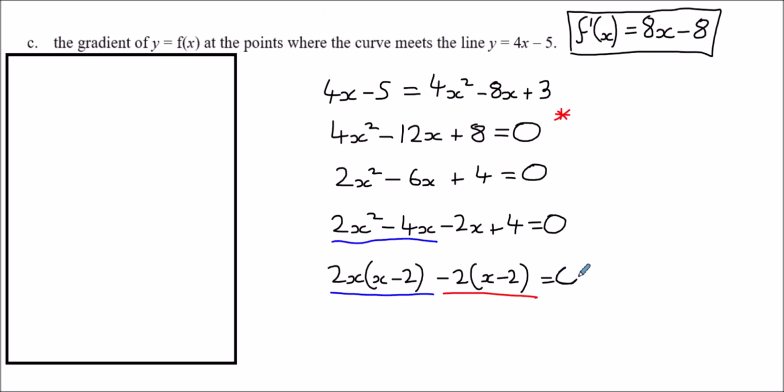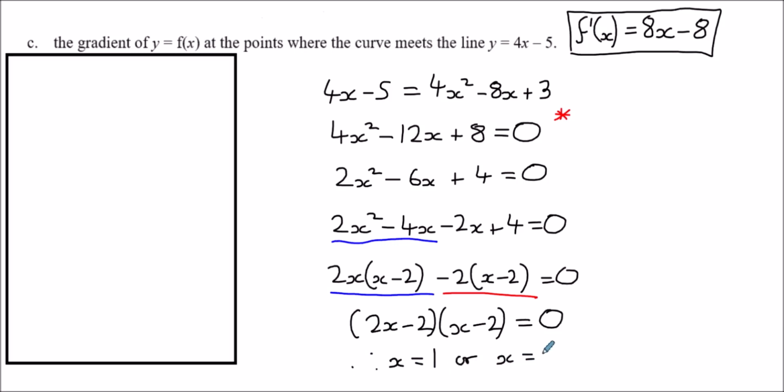That equals 0. So we've got 2x lots of a bracket minus 2 lots of a bracket. We can then say we've got 2x minus 2 lots of x minus 2. So therefore, solving each bracket to be equal to 0, we have x equals 1